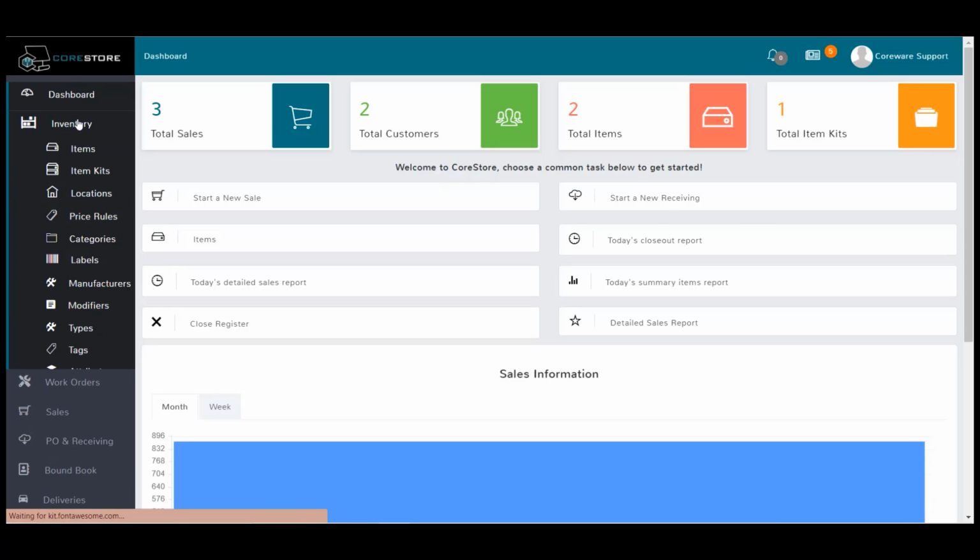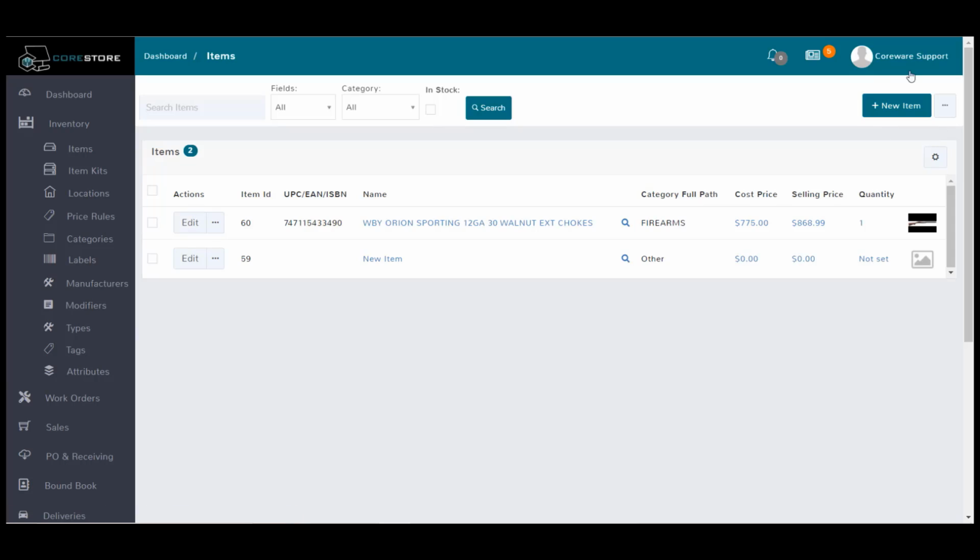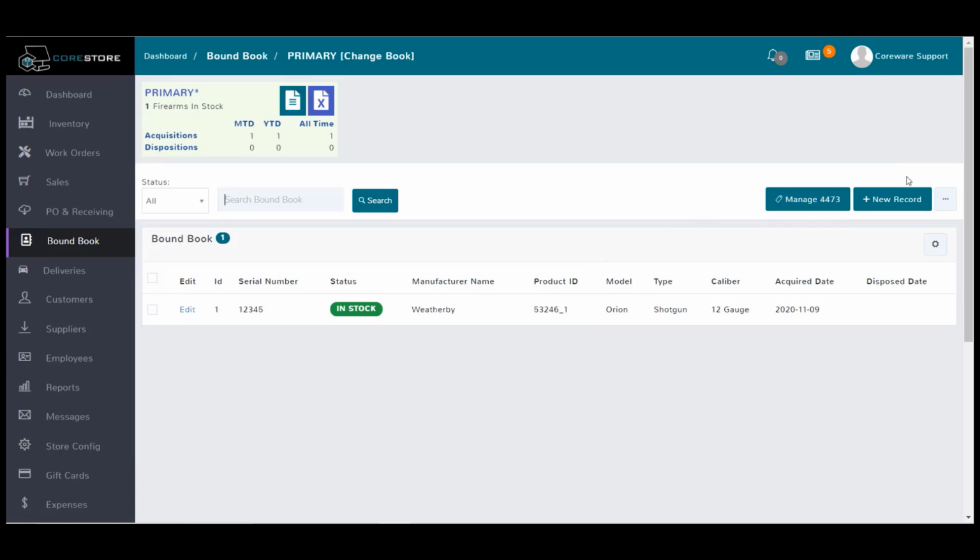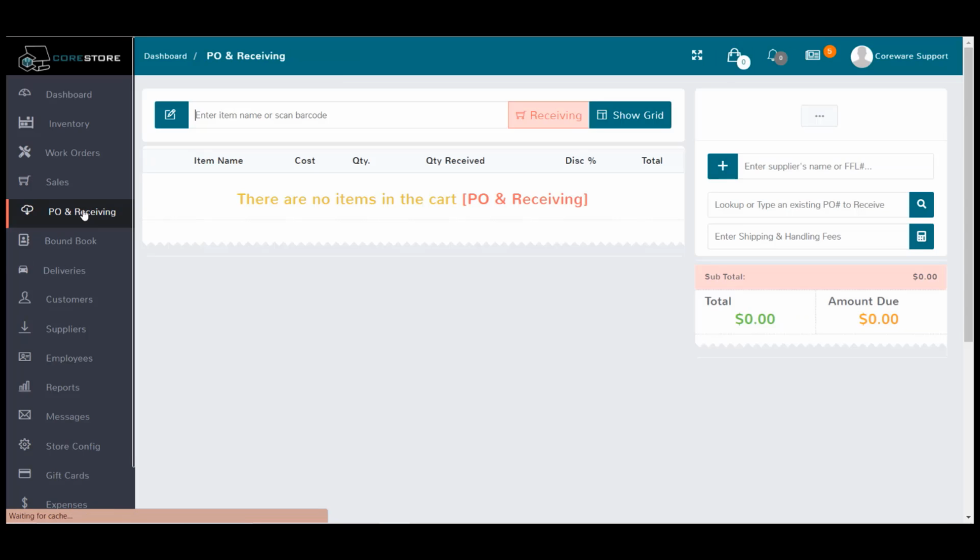If you notice in the inventory screen, you can add a new item manually this way, but it will not put that firearm into your bound book. Same goes for the bound book. If you were to add a new record manually, it will not put that item into your inventory. The only way to get the item to go into both inventory and into your bound book at the same time is to do it through the PO and receiving screen, and this is the practice that we try to